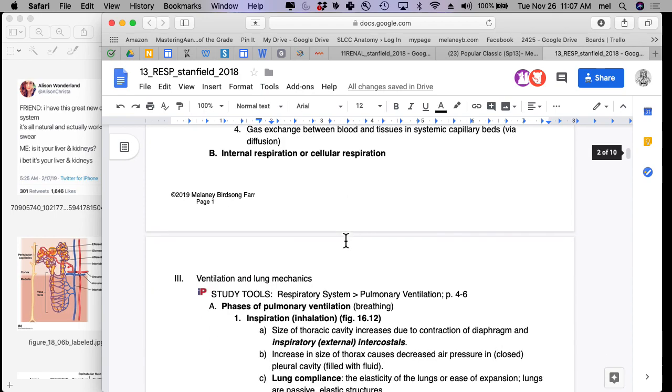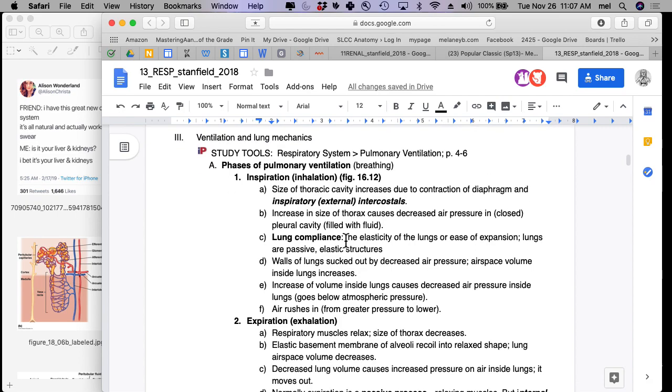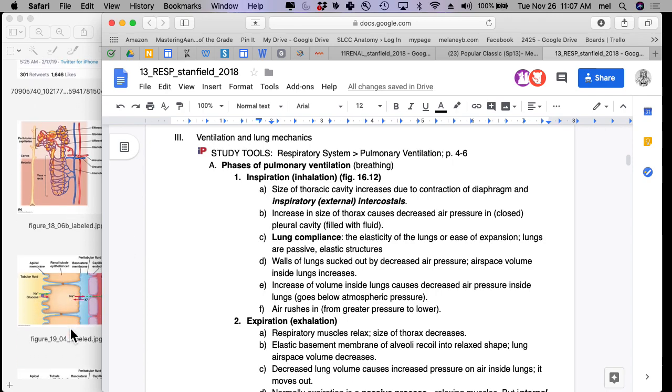So let's do the physics part first that I find really interesting. So ventilation and the concept of lung mechanics. And a lot of this you already understand, but I just want to make sure that you can feel it and put it together with your own body today. Okay, so the process of inspiration,